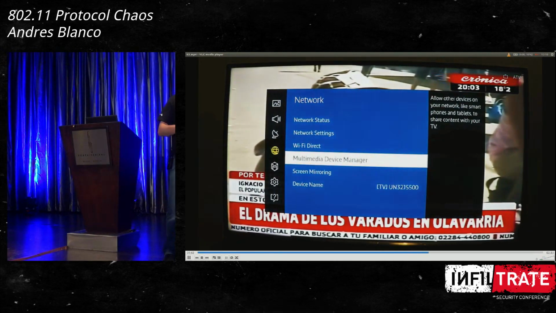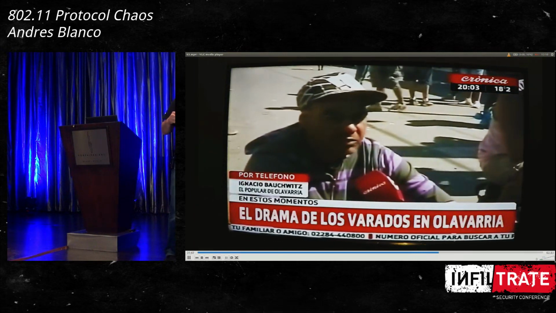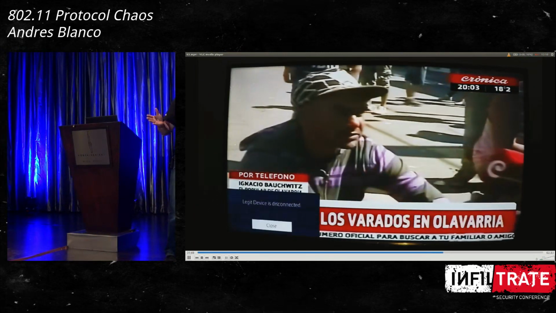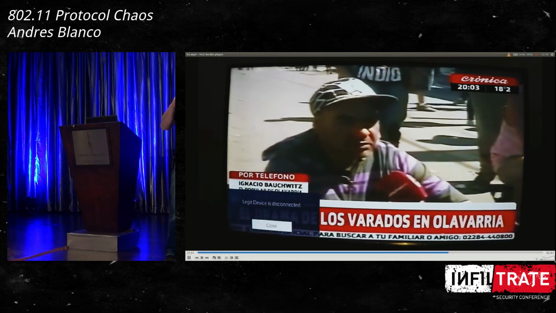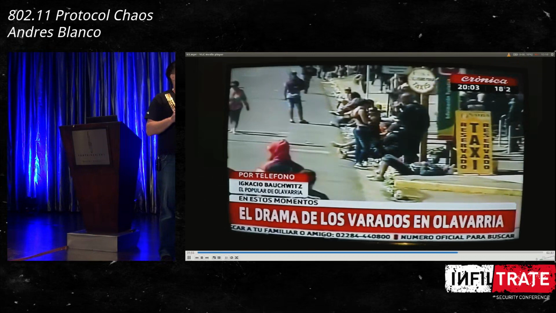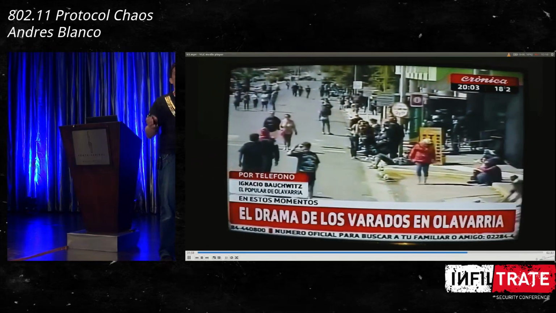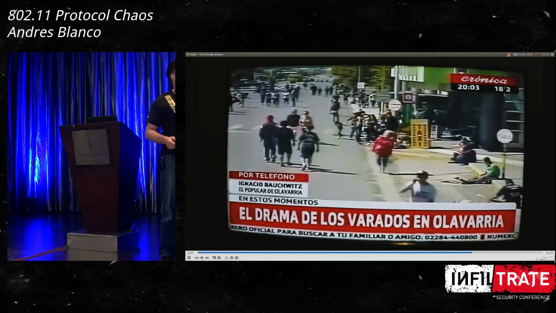So now I'm going to grab my computer that was in the same room. I already get the traffic. Again, it doesn't matter if it's encrypted or not, because the MAC address is in a part of the layer of the protocol. It's not encrypted. So I grab this, and I put it on my computer, and now I'm going to use Wi-Fi Direct using WPA supplicant, and I will connect.